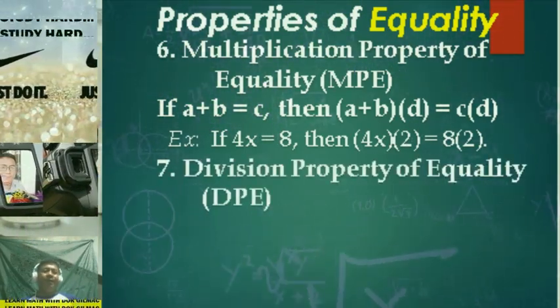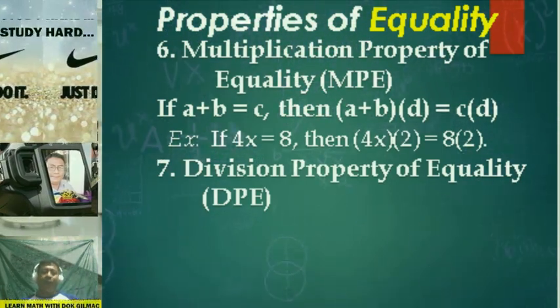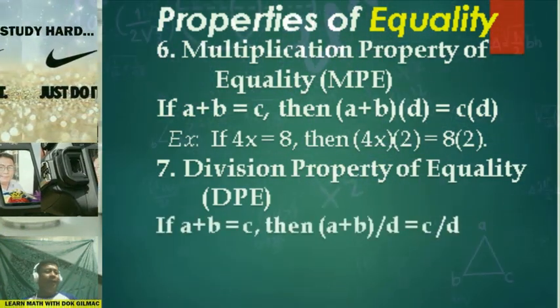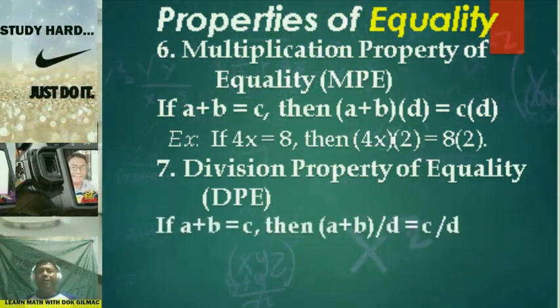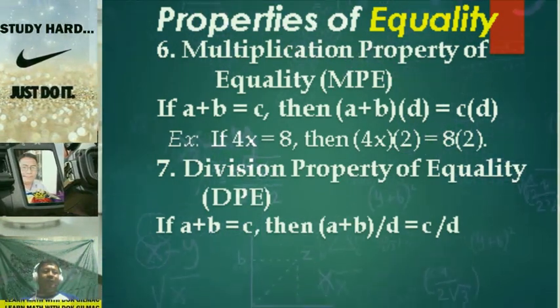Number 7, division property of equality, or what we call the DPE. If A plus B is equal to C, then quantity A plus B over D is equal to C